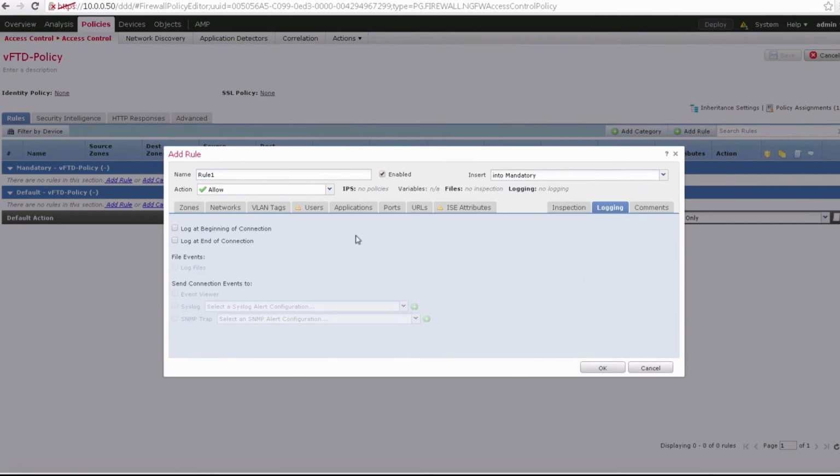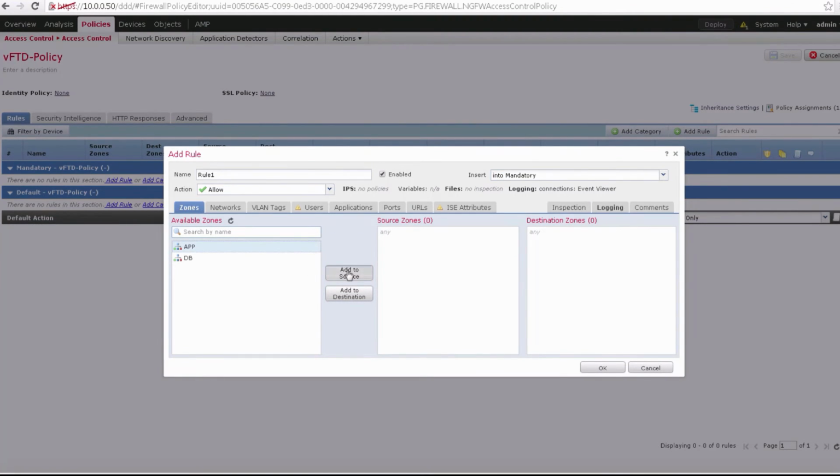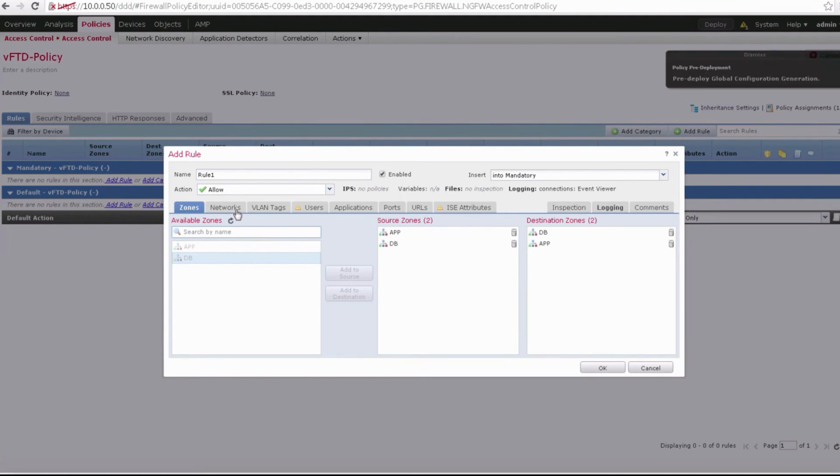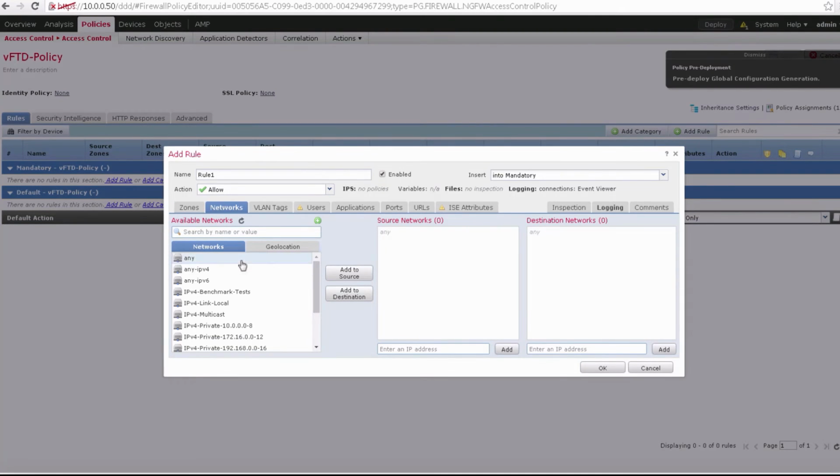I will enable logging for this rule as well. So at the end of the connection and at the beginning of the connection, I will get logs as well. So I'll just go to zones. Under zones, I will select app to DB and reverse also. Under networks, I will say any as source, any as destination. So anything that will pass through these sensors will be logged. I'll just click on OK,